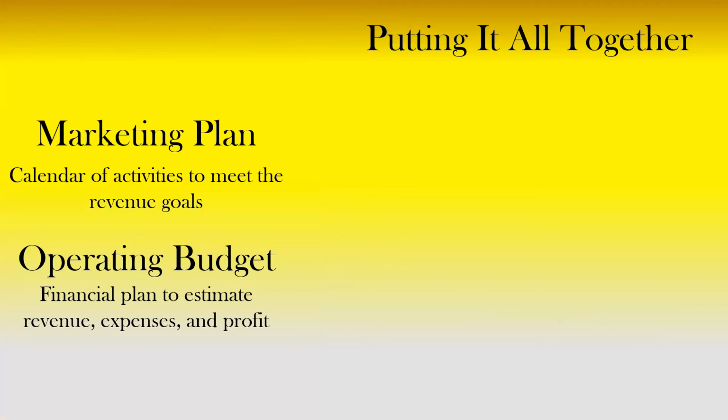Okay, so from putting together goals and plans and mission statements and value statements and vision statements and all that stuff, there's also a couple other side things that go into this as part of the planning process. First is a marketing plan. And the basic marketing plan is a calendar of activities that are used to meet the revenue goals. So we're pulling them together to make sure that these are the things that we're getting out there to help bring in money, to help drive business,